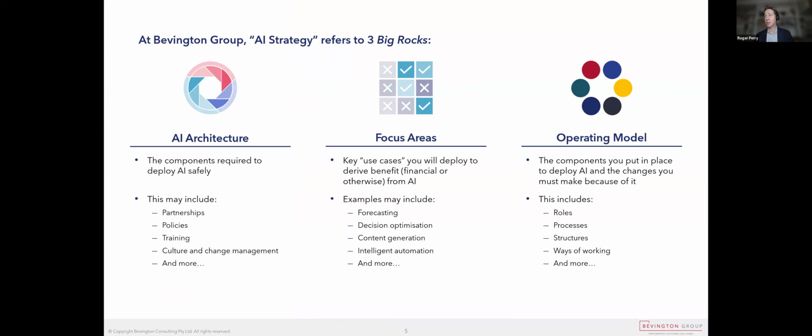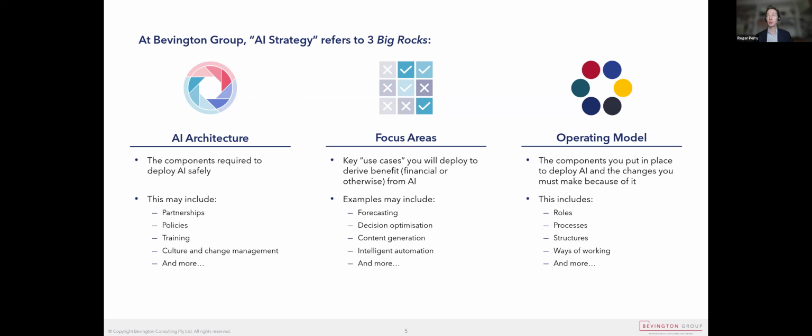There are also, however, choices to be made in the AI architecture. This is: what are the policies that you set? What are the standards that you set? What rules should people adhere to, including what externally hosted systems you are prepared to use? What comes in behind your garden wall, your walled garden, so that it's safe and the data's safe, what partnerships you use, therefore what technologies you use, and so forth. That's your AI architecture, including items like the data that you use.